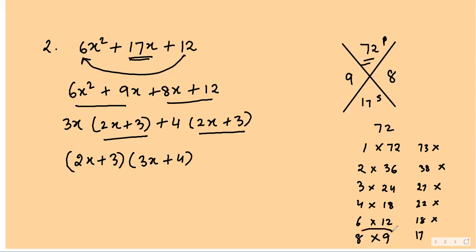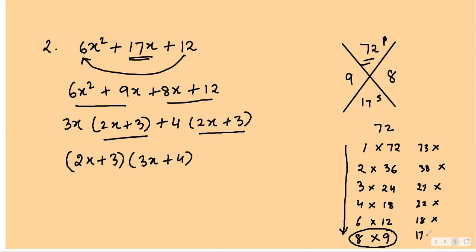So this is the right choice, correct? But with practice, we'll get to know, just by looking at it, that it will be 9 and 8 and their sum will be 17, right? So we don't have to do all of these. Initially, if you find it difficult, you can go systematic, correct? So this is the way we find the middle two factors.